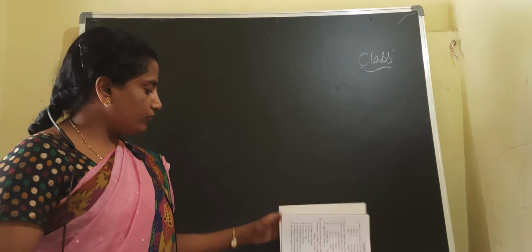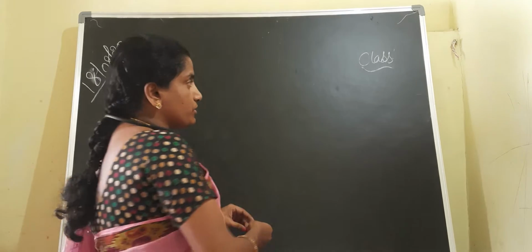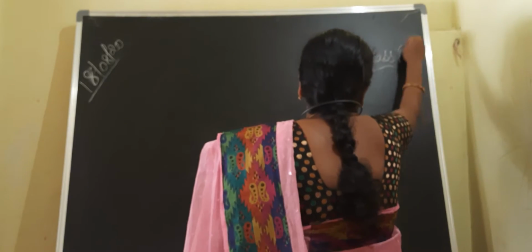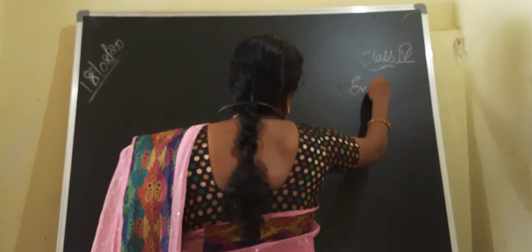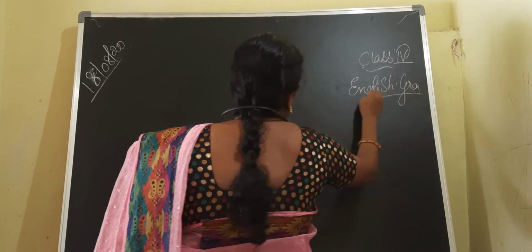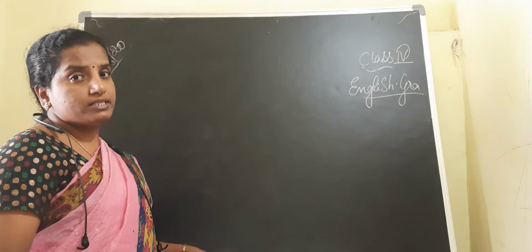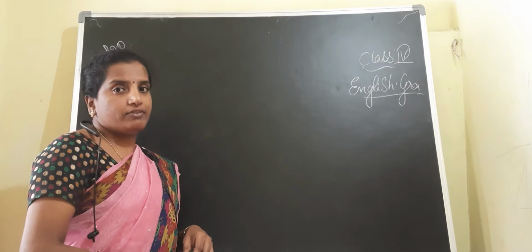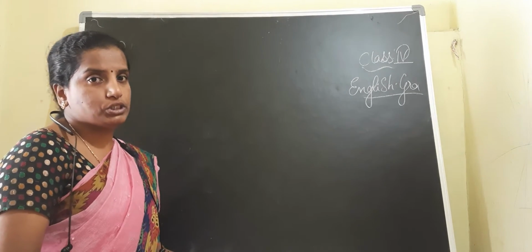Now, today in our fourth class grammar, children, as previously we have discussed the negative forms and the short form negatives. Okay, children. Today we are going to learn more about the negative forms: how to write the negative forms of a given statement when the statement has a helping verb. Then we will go for the question form.